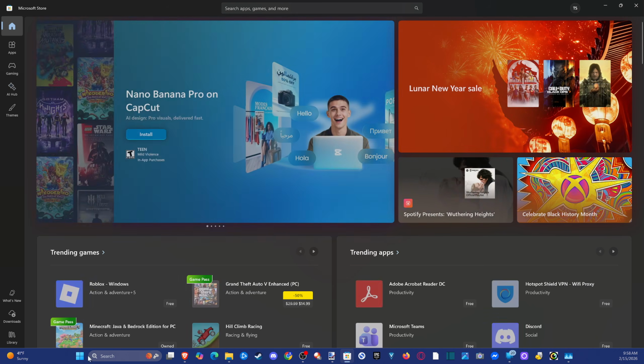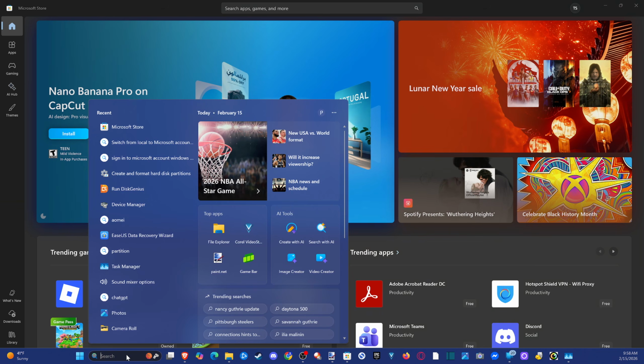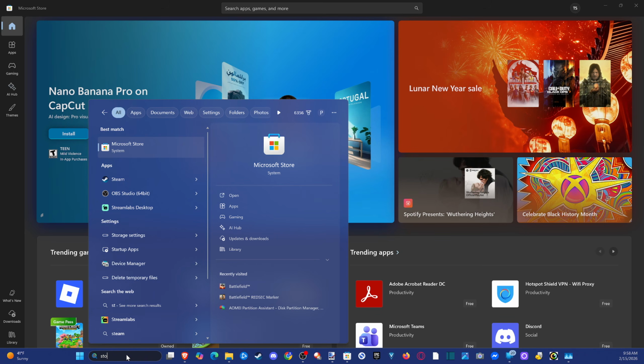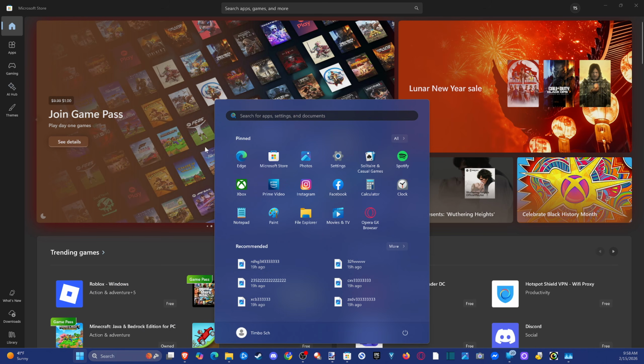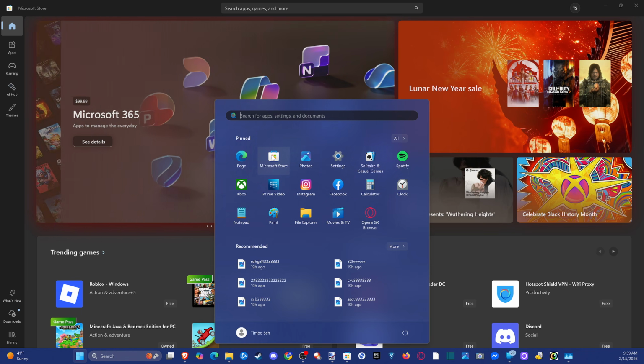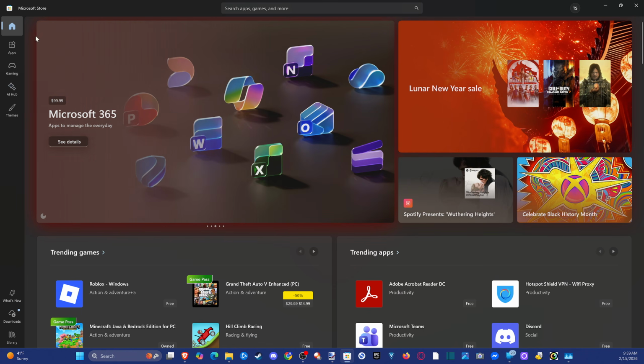Otherwise, go down to the bottom and then we can go to search and just type in store. And you should be able to find it right here. Or if you open up the Windows Start button, it might be one of these pinned applications on the top. Here it is. We can just go to Microsoft Store and open this up, and this is it in the